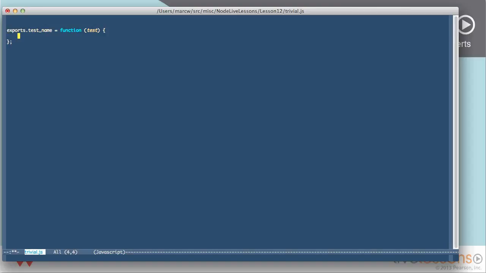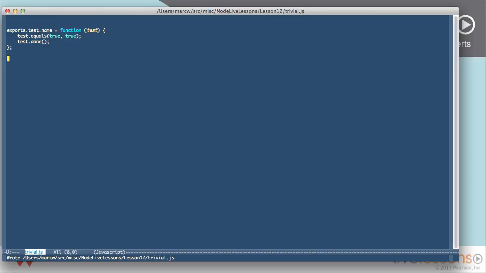Now, what you're going to do on this is you're going to test things, and you can use this test object to register whether those conditions succeed or fail, and then when you're done, you're going to say test.done. And this is the key to nodeunit, that this particular test has finished, and depending on the results of the previous assertions that you did, it'll tell you whether the test failed or succeeded. So for example, I can just do something kind of trivial here, test that true equals true. And then once I've tested that, I'll say test done, and then nodeunit can determine whether or not the test